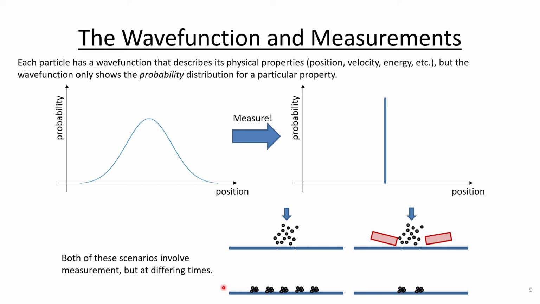The measurement here is on the screen, because to get those bright and dark bands, we have to detect the position of the electron, where it collides with the screen, or doesn't collide in the case of the destructive interference parts, okay? So there is a measurement here, and we do locate the electron, but only after it has interfered and exhibited its wave-like properties. Whereas here,